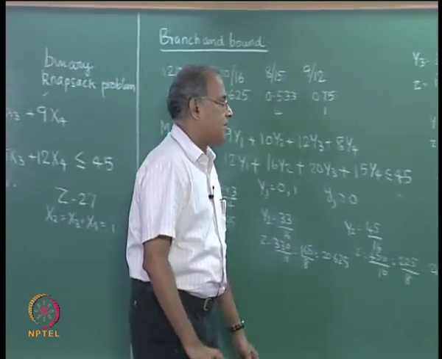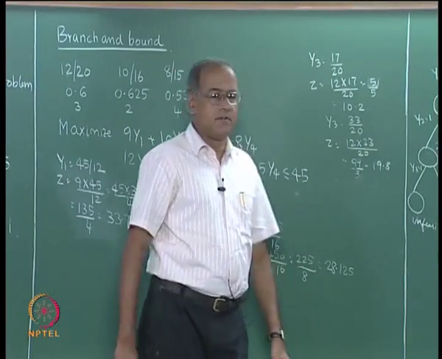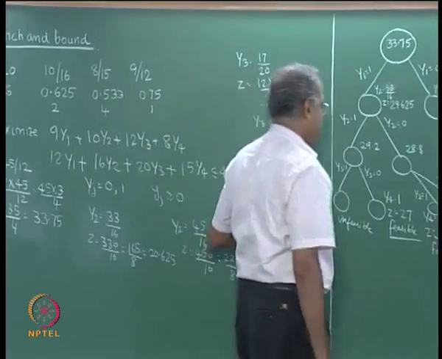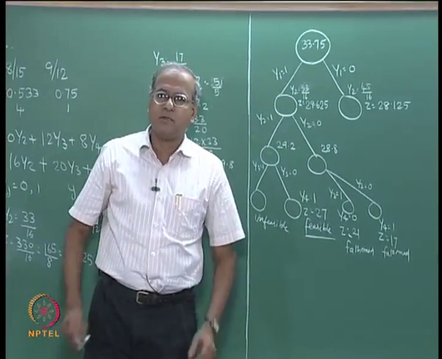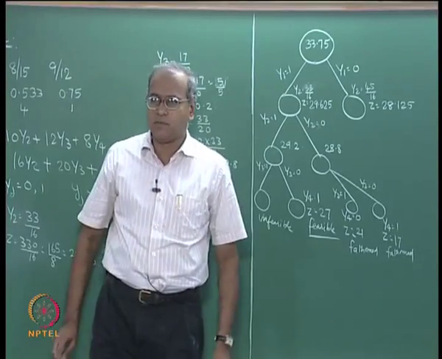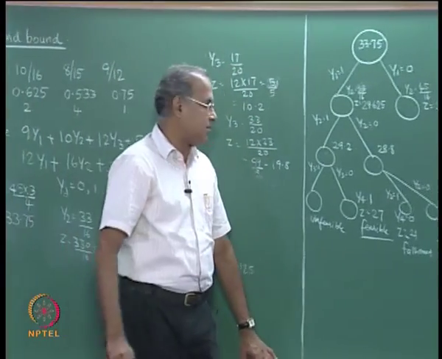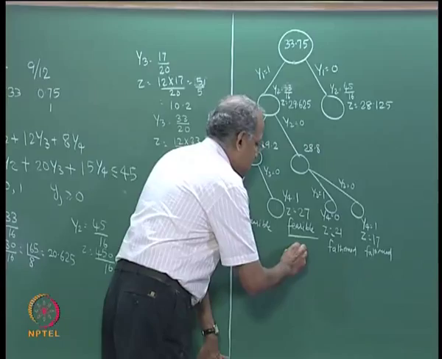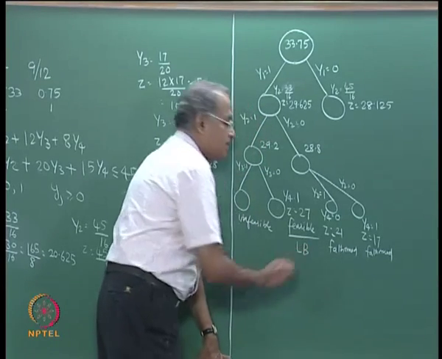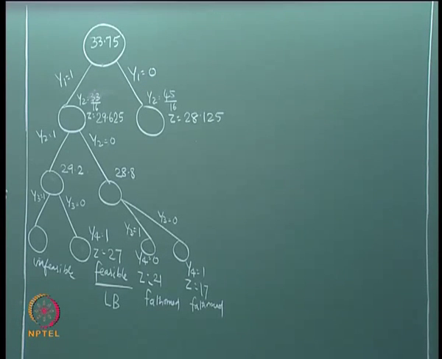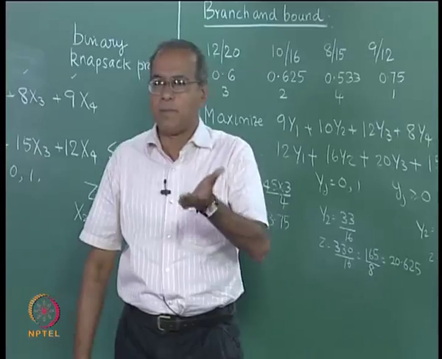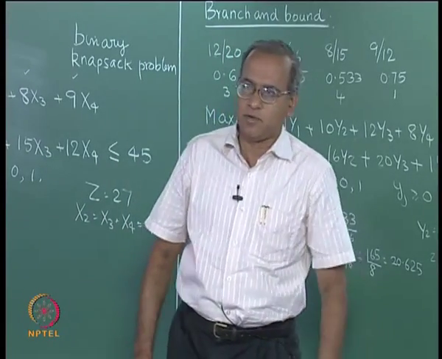Then we started the branch and bound algorithm and we reached a point where we had a feasible solution with z equal to 27. So, profit of 27 is possible. It is a maximization problem. So, a feasible solution will give us a lower bound on the optimum, which means the optimum is 27 or more, and in each node we solve an LP. So, LP is an upper bound for a maximization problem.